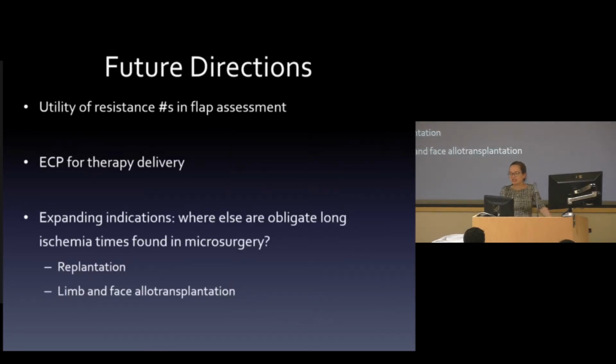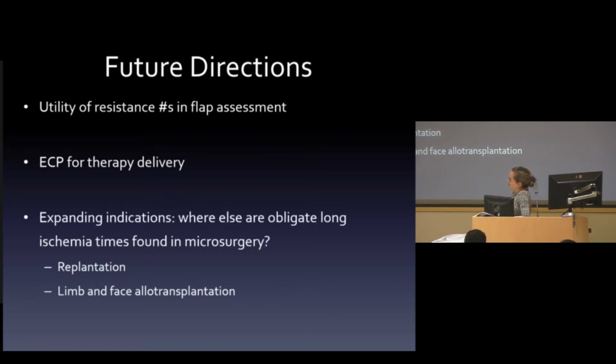So this case was a really exciting experience for me. It opened my eyes to the many potential future uses of extracorporeal perfusion. Our case represents the first time that resistance numbers were used to assess free tissue transfer. More experience with these numbers could really have a lot of utility to a microsurgeon. If there was data on what resistance numbers led to successful flap surgery, you might be able to better assess your flap takebacks to see if the flap is salvageable. I thought that would be really interesting.